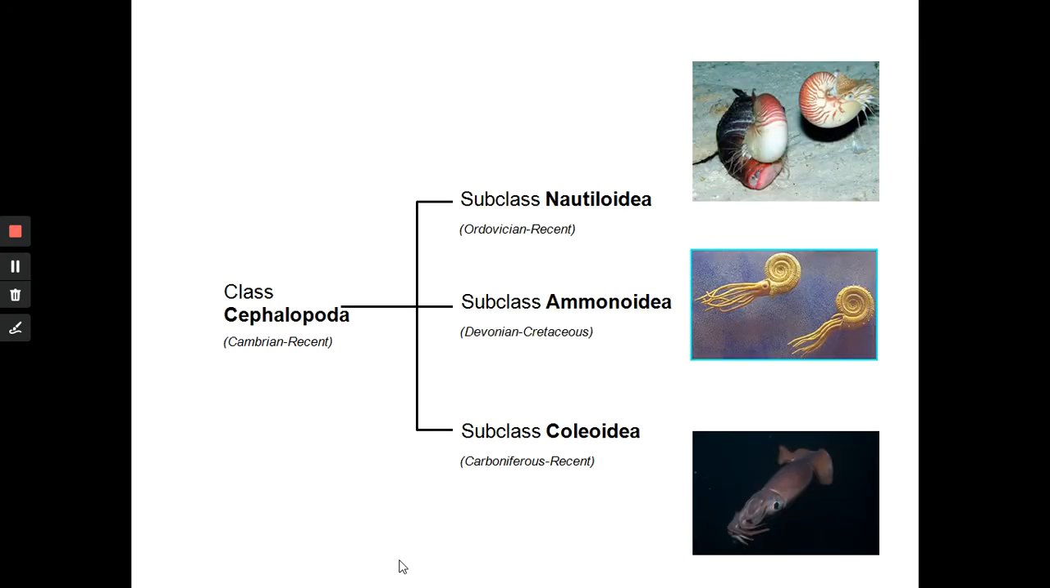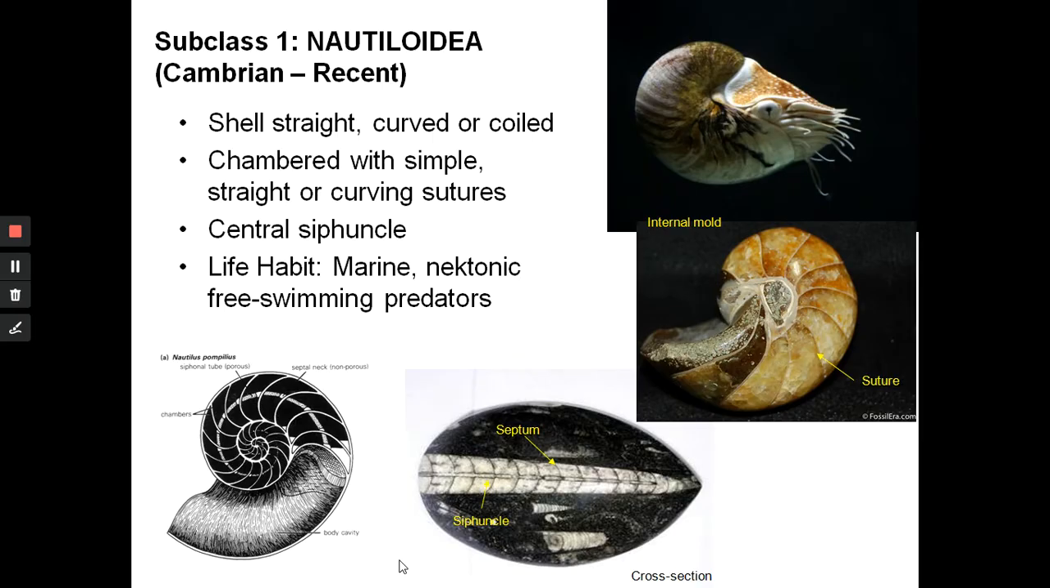So in terms of taxonomy, we're looking at three subclasses of class Cephalopoda: Nautiloidea, the nautiloids; Ammonoidea, the ammonoids; and the coleoids. Okay, so let's look at the three groups. First, let's look at the most primitive one. This is subclass Nautiloidea. Age range Cambrian to recent, still around today in the form of